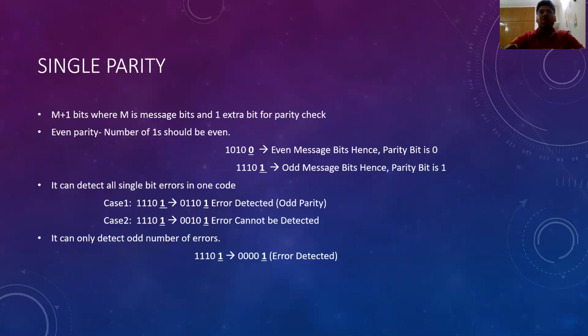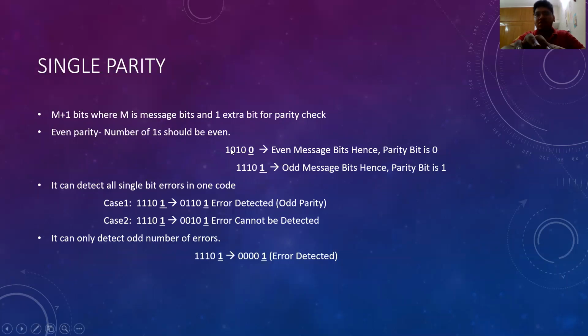All right. So what is the meaning of even parity? Suppose there is a message, and we have to check the error. In even parity, what we do is we count the number of ones, and the number of ones should be even. If the number of ones is even, it means there is no error. And if it is not even, the sender should make it even and send it to the receiver's end. If the receiver end sees that the message is even, it means there is no error in the message. So I'll explain it with an example.